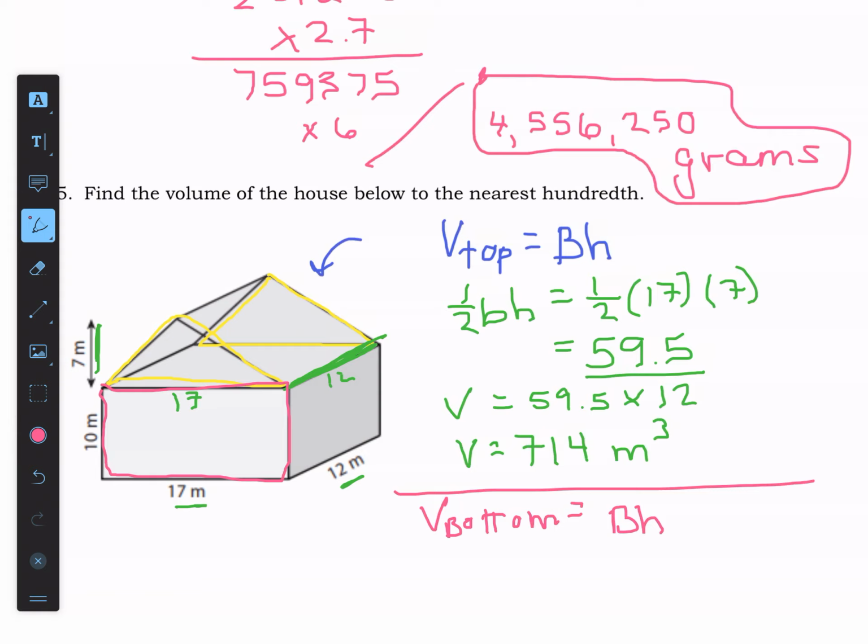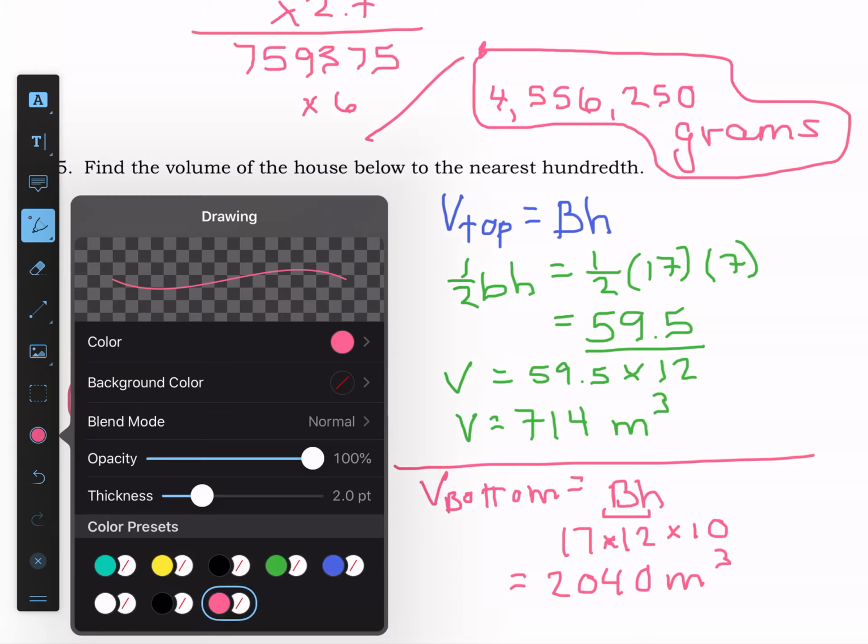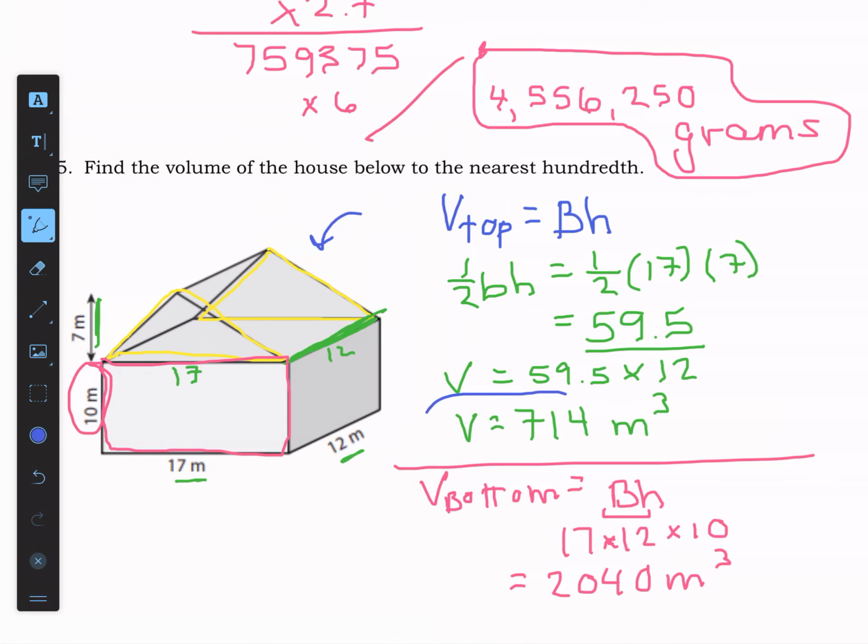Now we need to get the volume of the bottom part here. Okay, and this is a rectangular prism, so volume of the bottom is equal to base area times height. Now the base in this example is a rectangle, and our formula for area of a rectangle is length times width. So we're starting with doing 17 times 12, and then we're going to multiply that by the height, which is 10. Okay, and when you multiply that, you will get 2,040